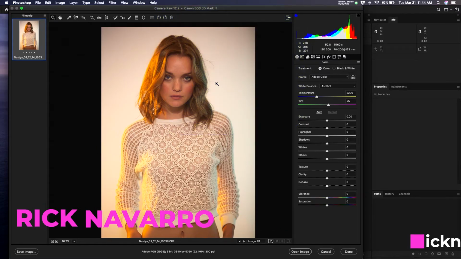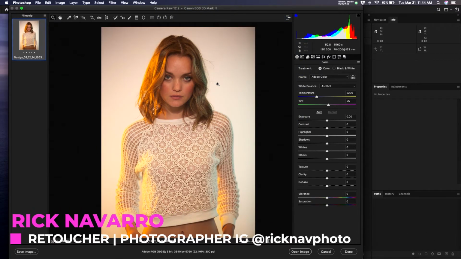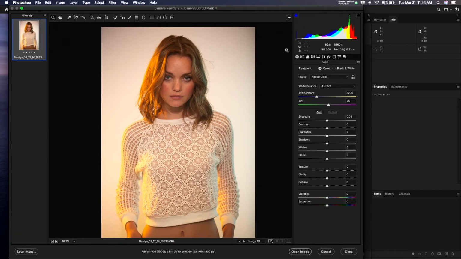You should never be looking at that for color accuracy. What you do want to be looking at is this right here, and this is called your histogram. Your histogram is going to give you all of the color information that is kind of like the back end, the digitally processed color information that is going to tell you whether your image has been properly exposed or